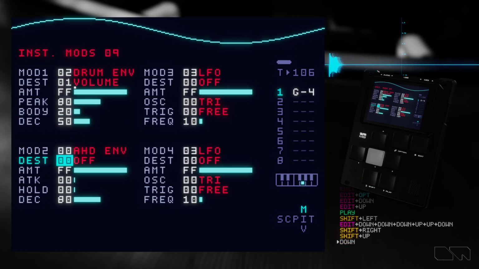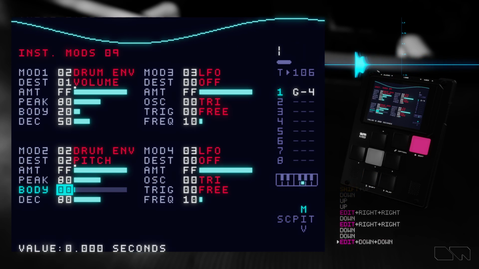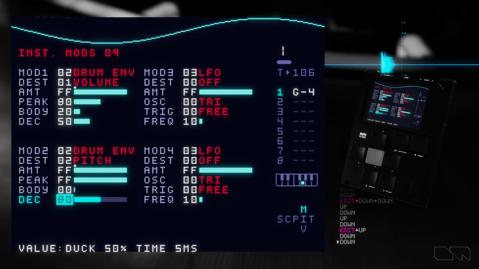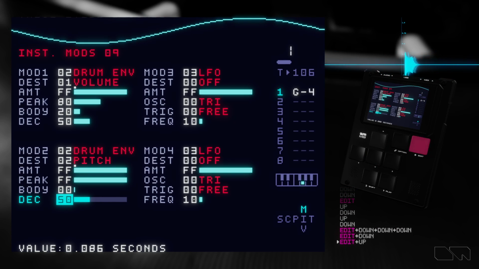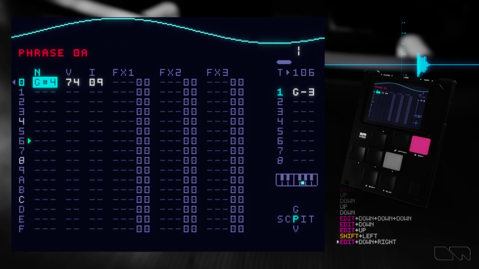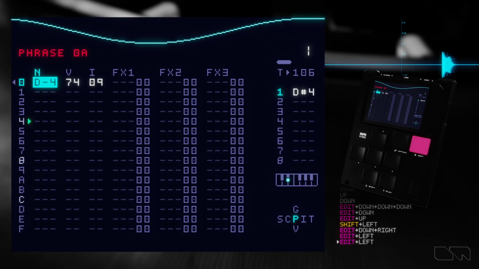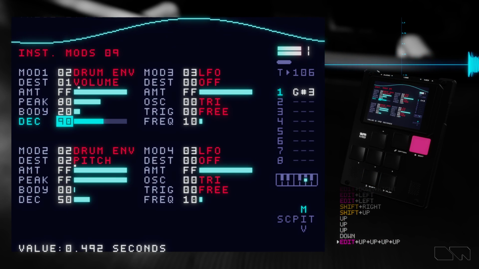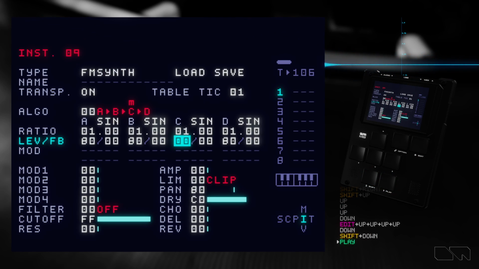There we go. And then I need a pitch envelope. I'll use another drum envelope on pitch, get rid of body, make the peak super fast. You see it's already sounding like a kick, more or less. So yeah,